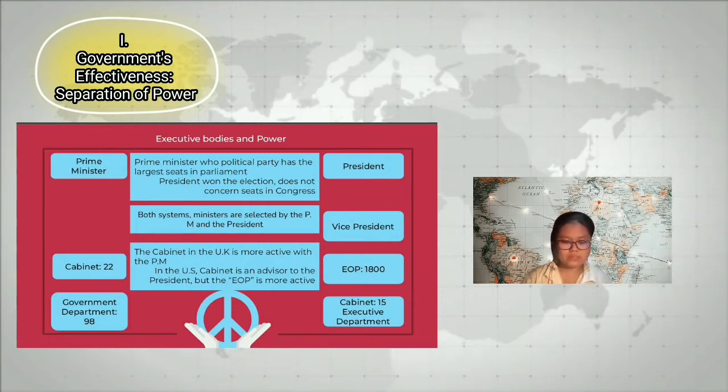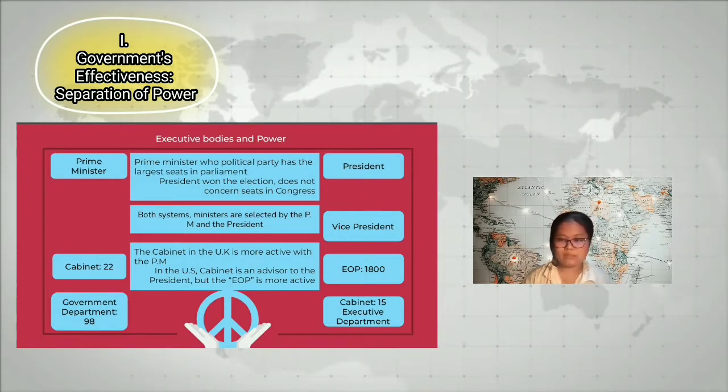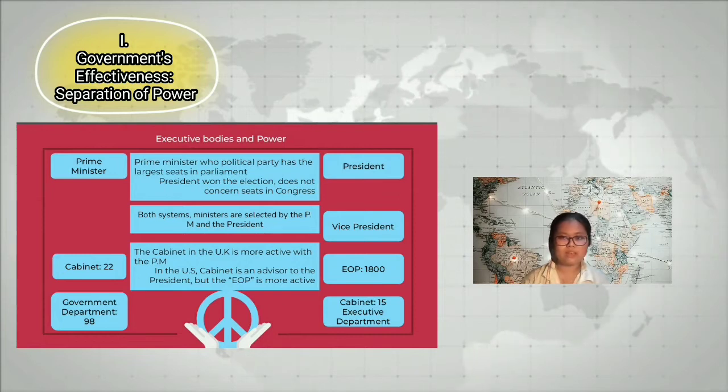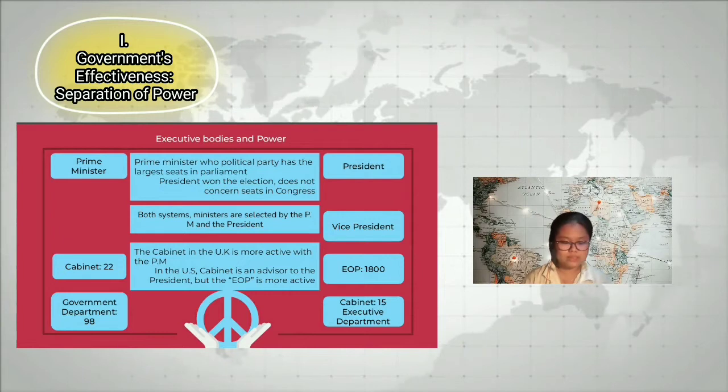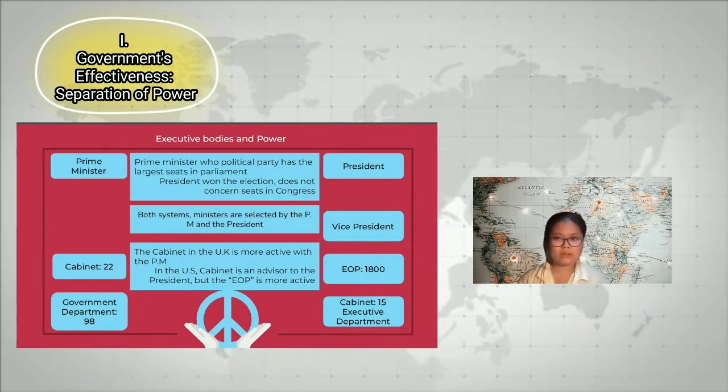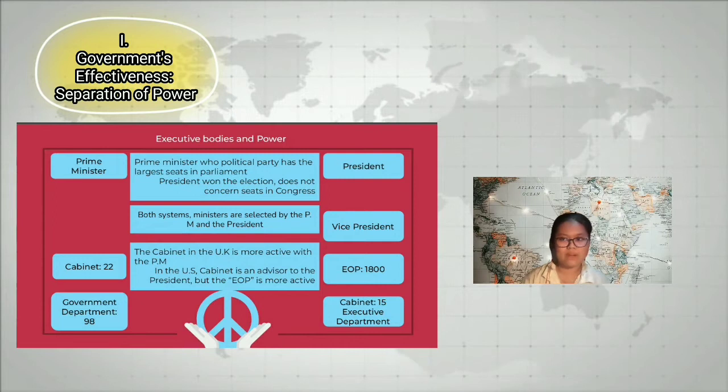The ministers in both systems are selected by the Prime Minister and the President as heads of the executive. But the cabinet of the UK is more active than in the US. It is because in the UK, the cabinet meets with the Prime Minister once a week and makes consensus decisions with the guidance of the Prime Minister, while in the US, the cabinet meetings are not very routine, and thus they are advisors of the president, which means they lack decision-making power. But